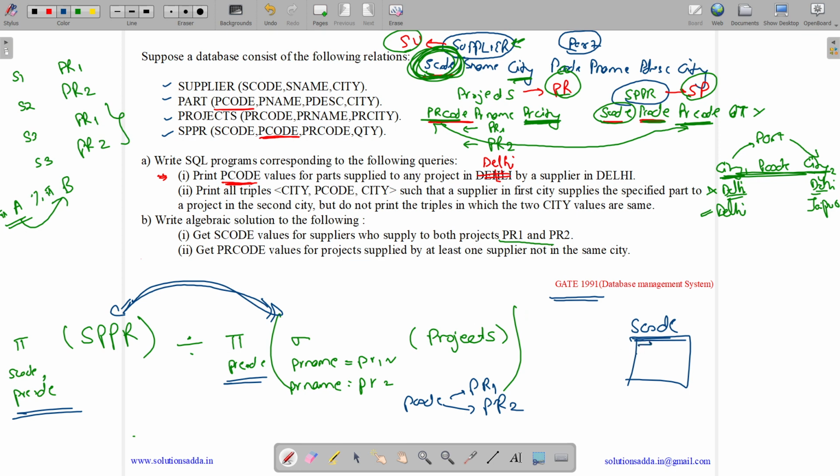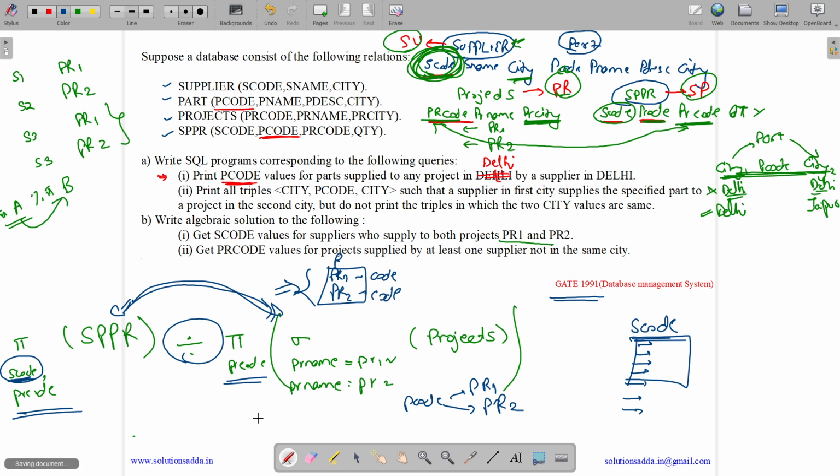So here we will get the supplier code for those suppliers. Okay. So here first of all this one will have just two entries, one for PR1 and its corresponding code, and PR2 and its corresponding code. And here we will find out the supplier code for the suppliers who supply to both PR1 as well as PR2 using this divide statement.